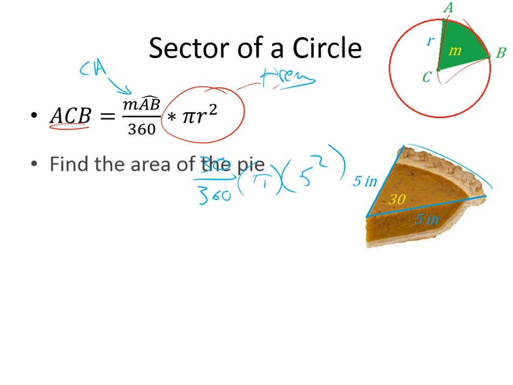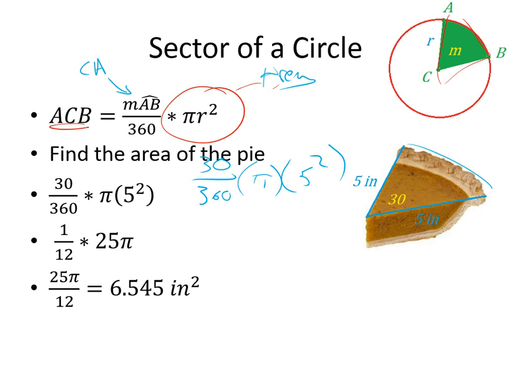Okay, and so we find that it's about 6.545 inches squared, or 25 over 12 pi, of pi, pumpkin pie. Yeah. Okay, pi, pi. This is pi. This is pie. So anyway,